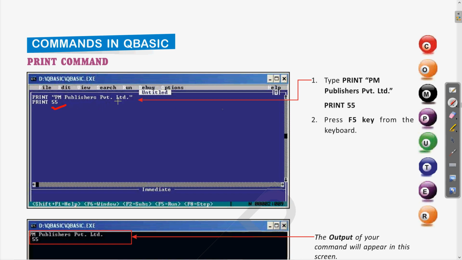So if you want to write your name, simply write your name in double quotes with the print command, and if it is a number we can write it directly with the print command without any double quotes.